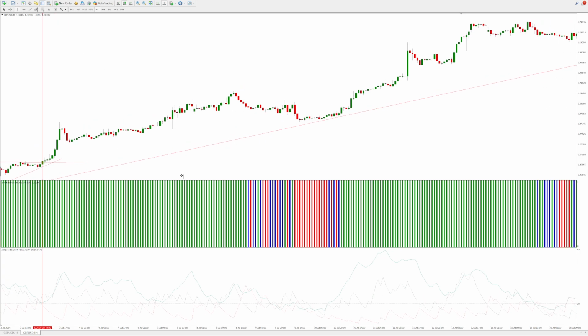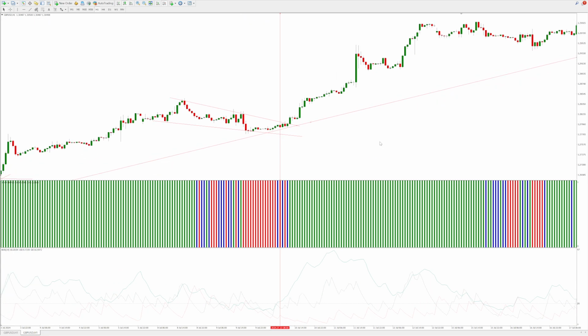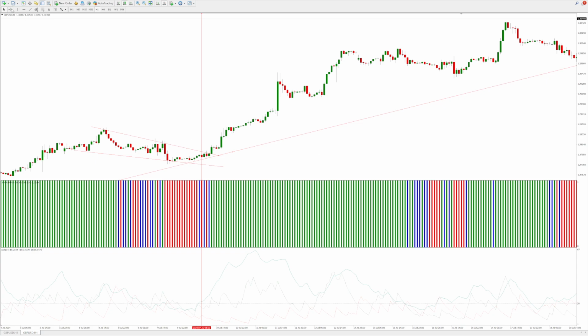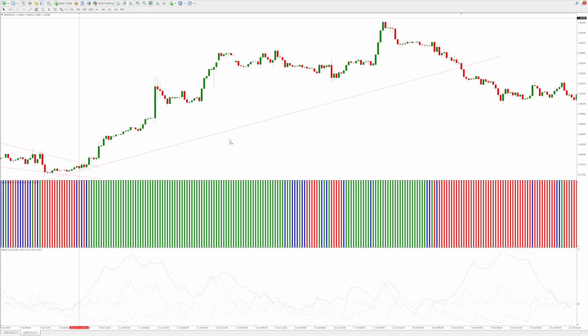Again on that pullback, ADX gathering momentum, green above the red, confirming that potential entry there. Okay, again, wedge pattern. So there's many ways you can time your entry. Let's just say you entered here on this breakout. You could have put your stop loss below this trend line here, just 20 pips, and still,